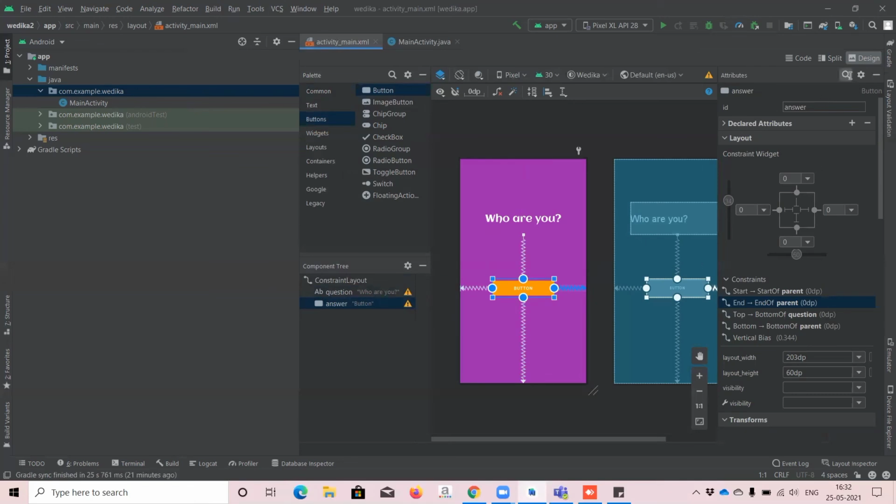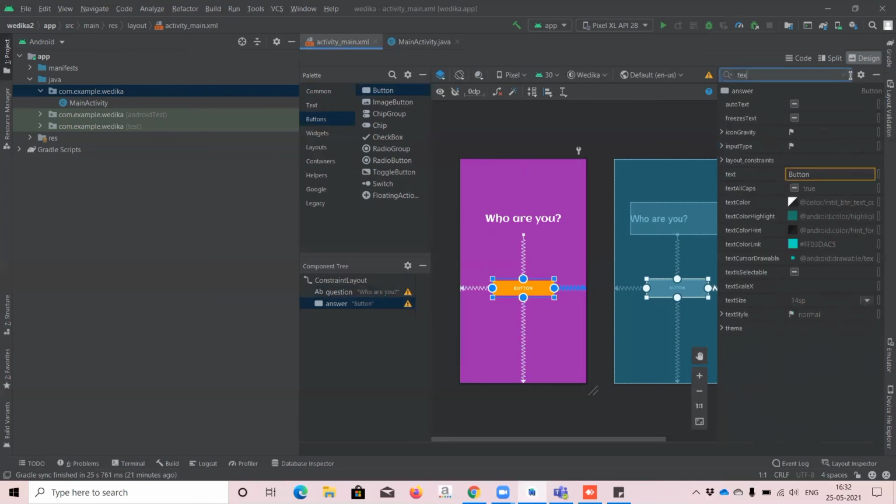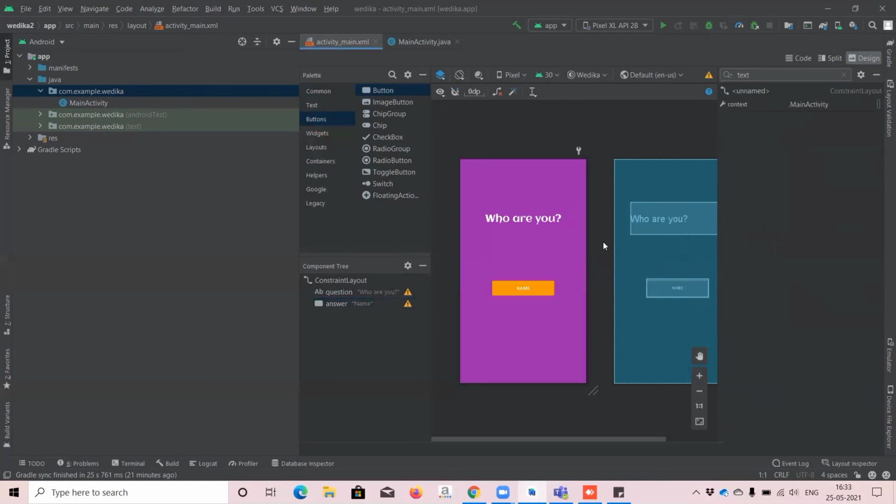Now I'm going to enter text, and inside the text I'm going to change it to name, because answer will confuse you. It's a better name. Yeah, very simple. It has changed.